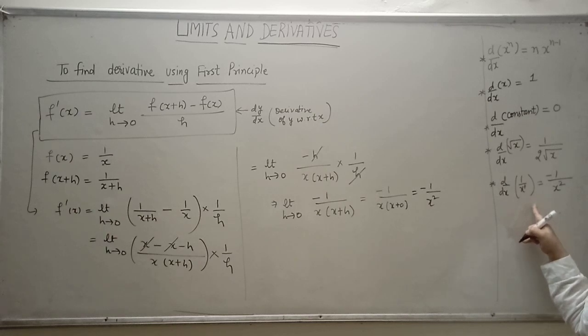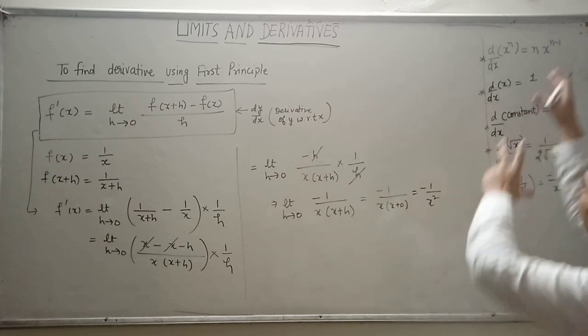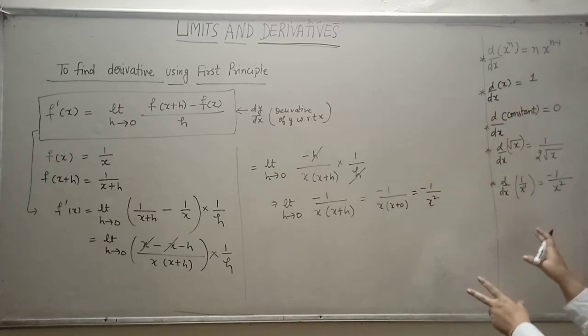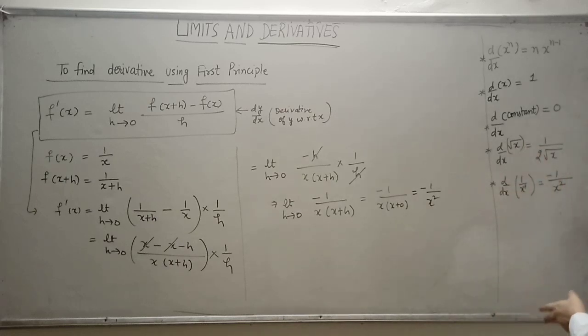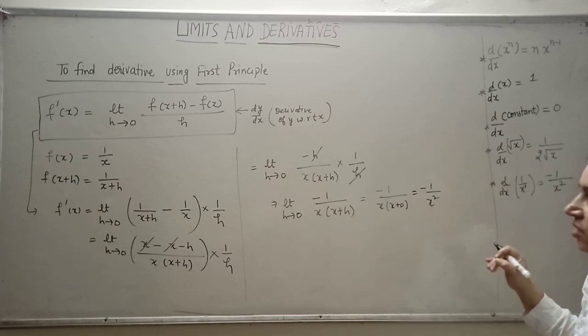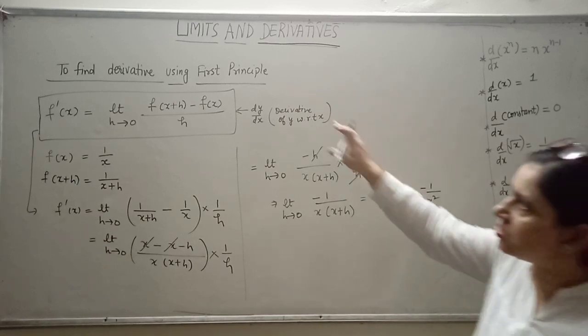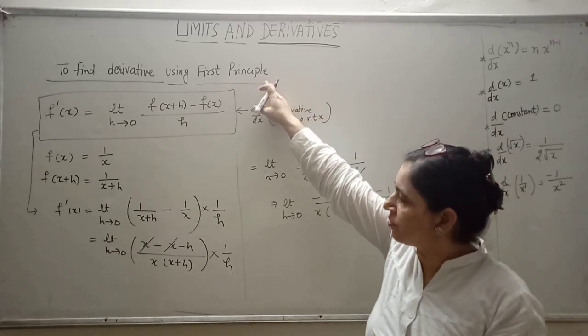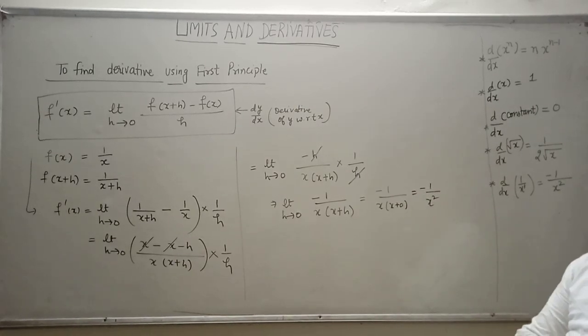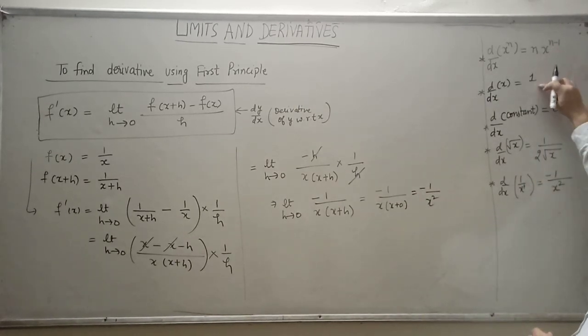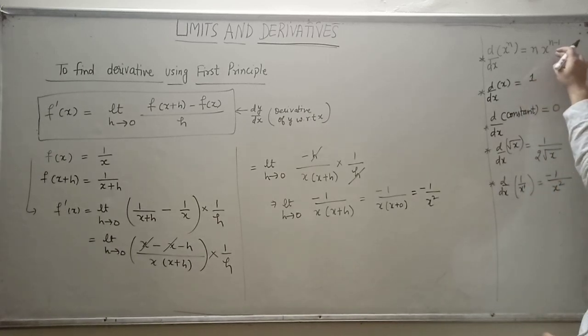Many times you will use it directly for later on in your 12th class, because the same formula whatever we are doing here, the same formula will be used in class 12th as it is. So that's why I am writing all these separately here, and in 11th class also in our next exercise we will use all these formulas directly. But when it is written to find by using the first principle, then we have to do all this to find out the derivative. This is your answer. Otherwise we can do it by using this formula, but the derivative of all these functions we can find out directly by using this formula.